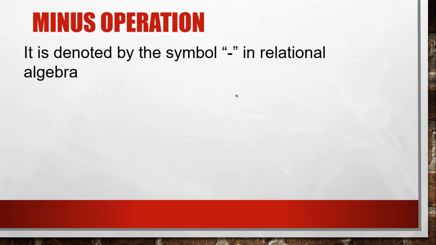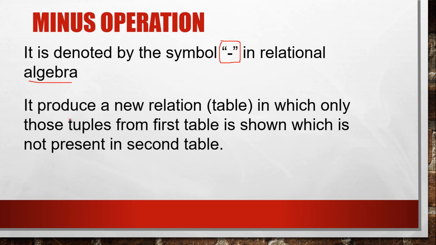Now the next operation is the minus operation. First let me give you a brief introduction about it. The minus operation is denoted by the symbol of minus, or subtraction, in relational algebra. It produces a new relation, obviously a new table as a result,